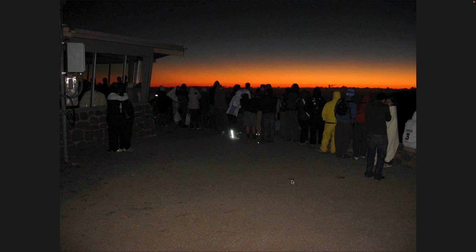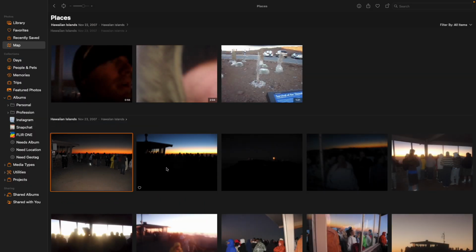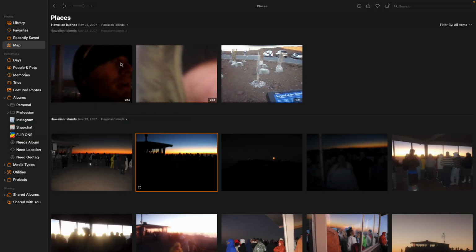And you can see how there are a lot of people clustered real close together, partially just for body warmth because it's absolutely ridiculously cold. And people are jammed in that tiny little Summit Observatory building, right? And so everybody oohs and ahs for the sunrise. Everybody takes that selfie, some people propose,